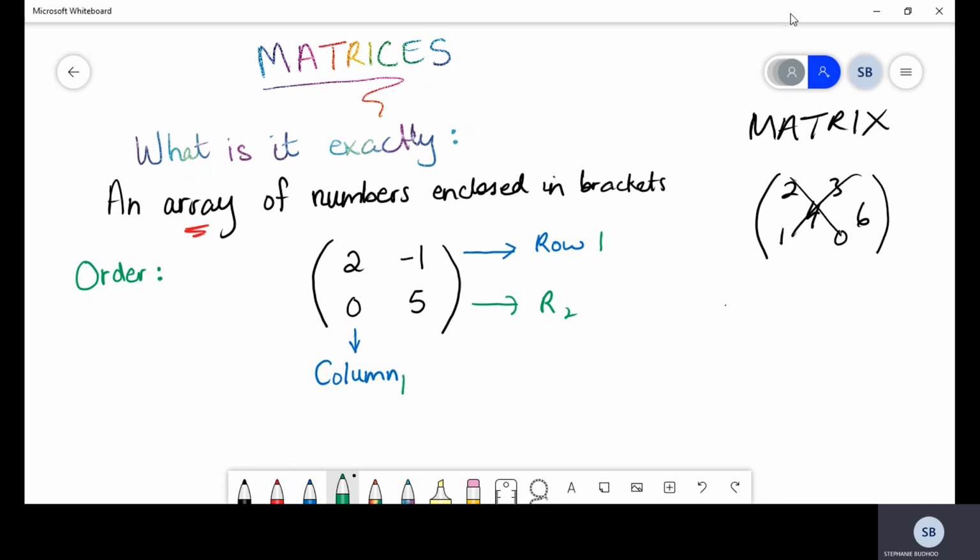Similarly, this will be our column 1, and this will be our column 2. So I can say that we safely have 2 rows and we have 2